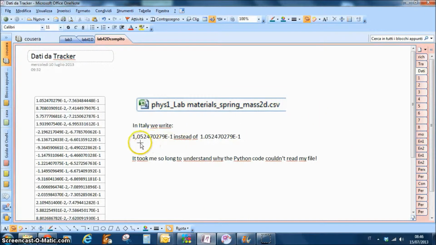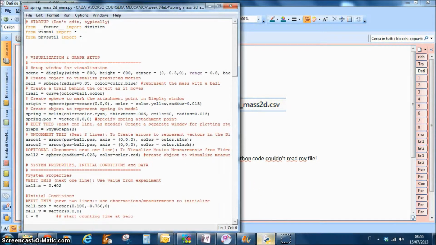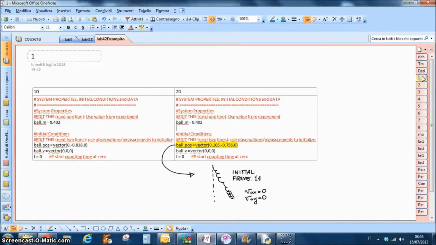In Italy we use the comma instead of the point for a number, and this is a problem for me. And this is the computational model. The ball position is from Tracker: 0.105, minus